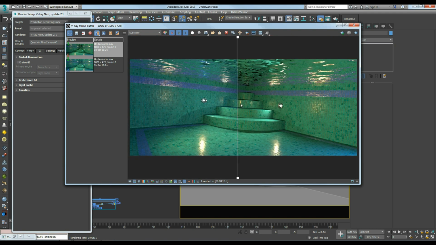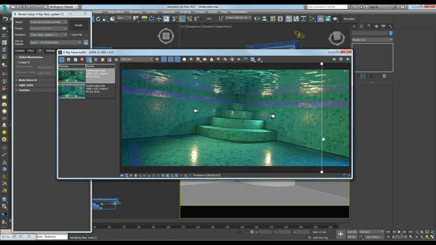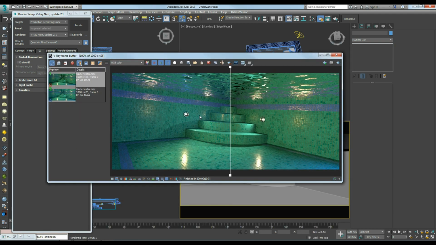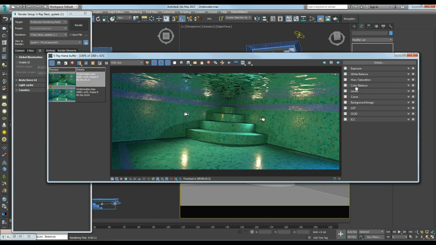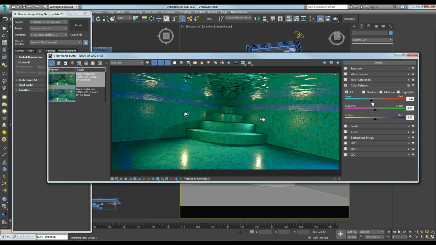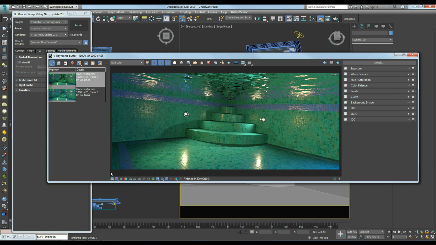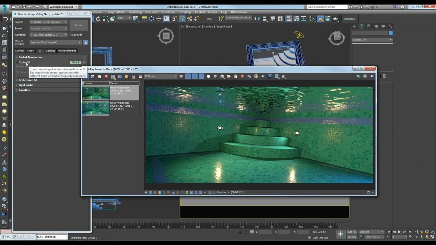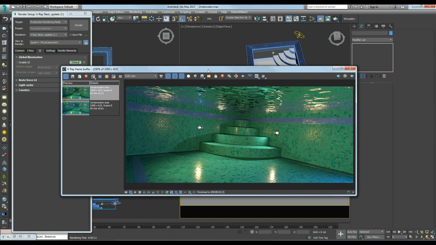The bluish color you see in the image with global illumination is caused by the bounces of the light coming from this rim light, but it's not that essential. So you can fake this with some post-production like color correction, and you will have almost the same result. Nobody will notice the lack of global illumination here. So I'm going to work without global illumination, and this can be my RGB.